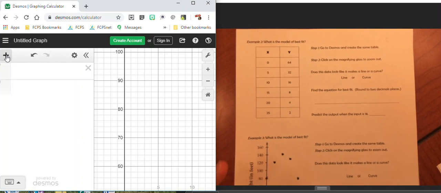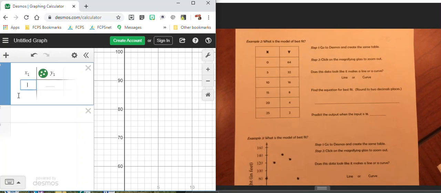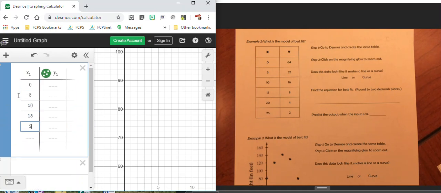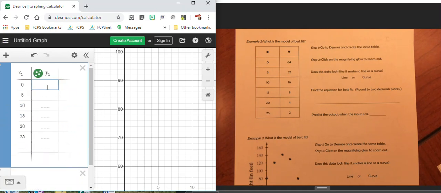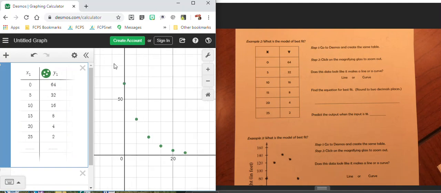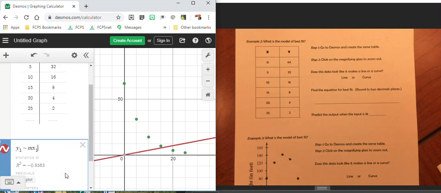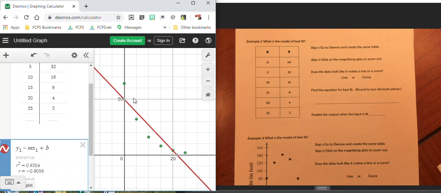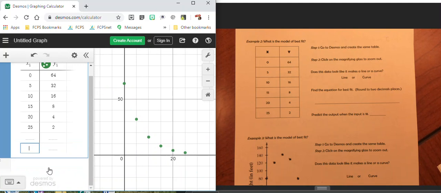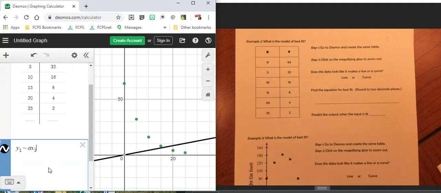On this side, we have a new data set, so I'm going to make a new table. And I'm going to zoom out to see what kind of shape it is. So you can kind of tell that this is going to be some sort of curve. If I do y1 tilde mx1 plus b, you can see that this line does not really match this particular set of data. However, when I type in the standard form for quadratics,